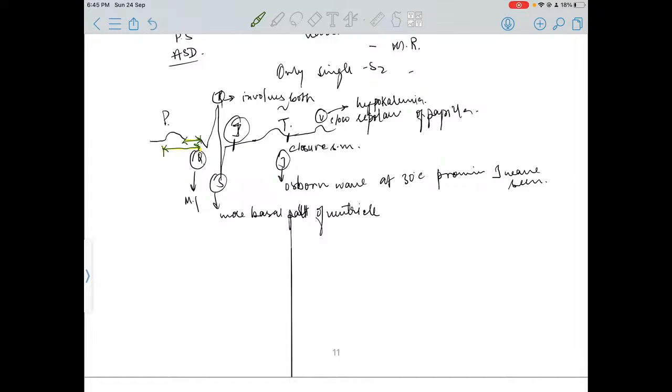it decreases in WPW, Wolff-Parkinson-White syndrome, and Lown-Ganong-Levine syndrome. The PR interval decreases in WPW and Lown-Ganong-Levine syndrome. It increases in heart block. Increase in heart block. Now